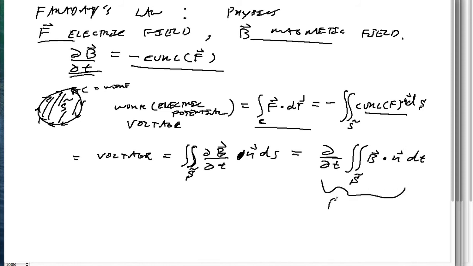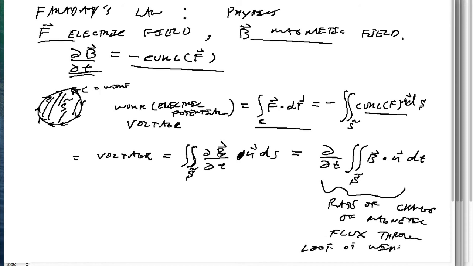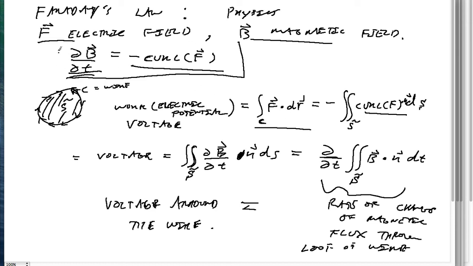So this represents the rate of change of the magnetic flux through the loop of wire, and is equal to the voltage around the wire. So now you see how we can take Faraday's law, which is written, and this is one of the Maxwell equations,